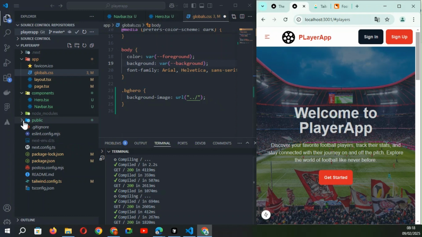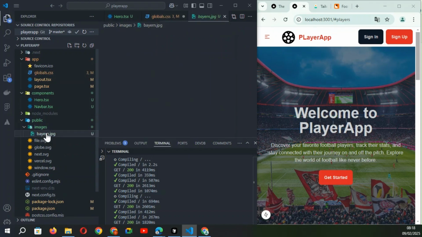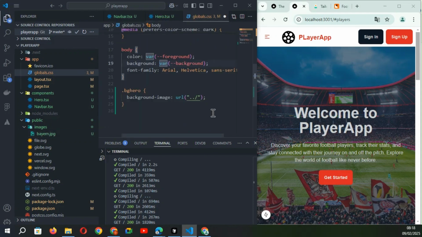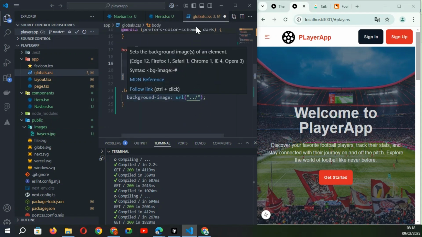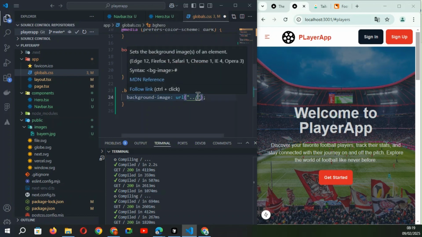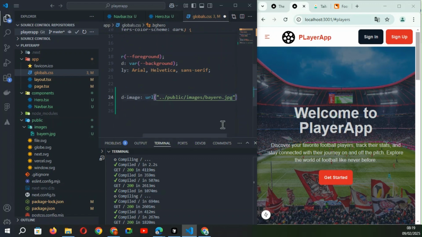So I create in the public folder the image folder, and after I insert my image. So here in the global CSS file, public, after image, and the name of my image. When I save